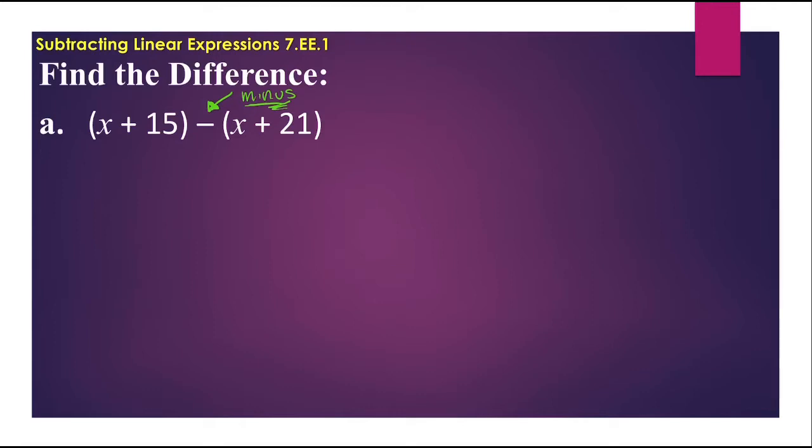Now notice, the minus is not just in front of x. I know it's closest to x, I know it's really close to that x right there, but it's in front of this entire expression, x plus 21. So what we have to do is distribute this negative in front of x plus 21. You might have some math teachers that refer to this as another invisible 1. So they might think, oh, there's a negative 1 right there, so you're going to multiply everything by negative 1. Now the thing is, when you distribute a negative,